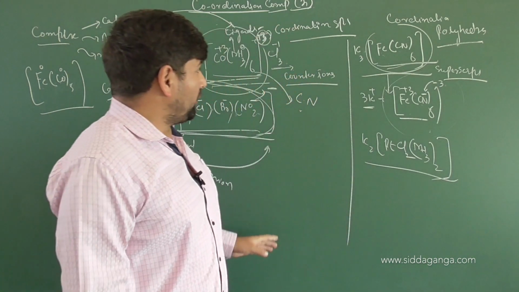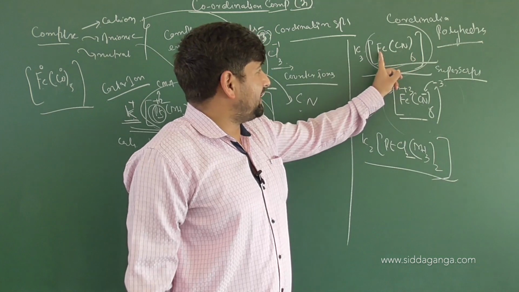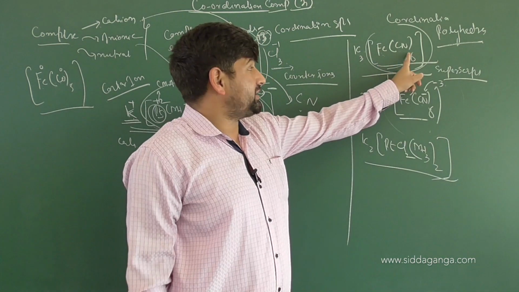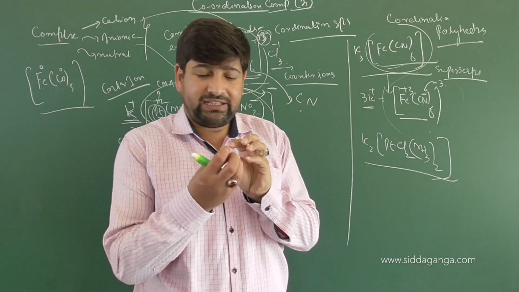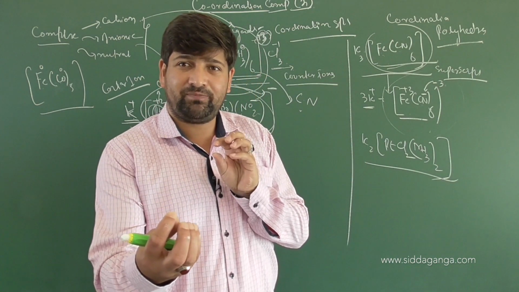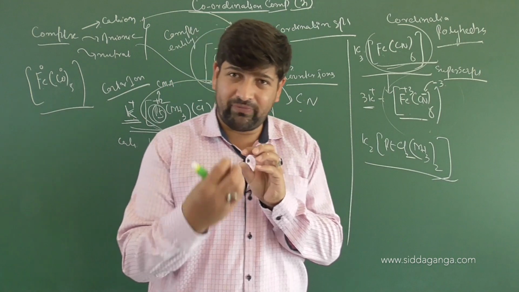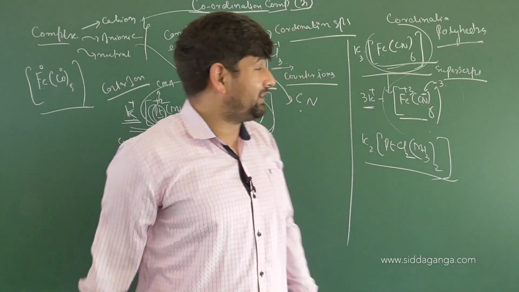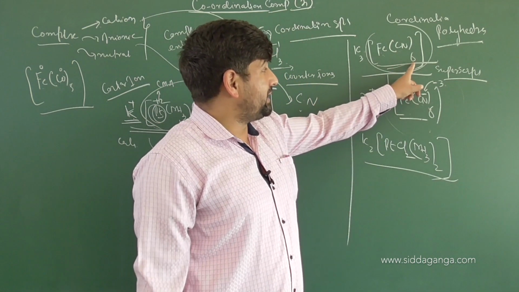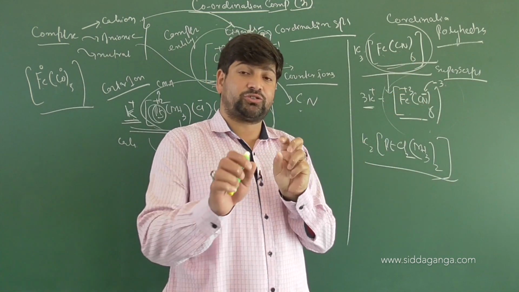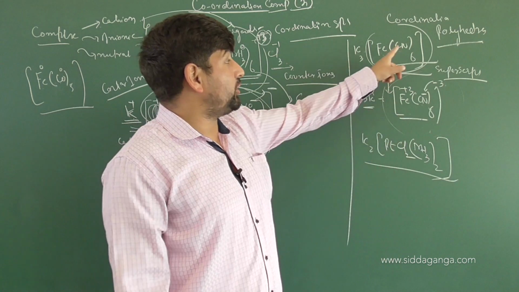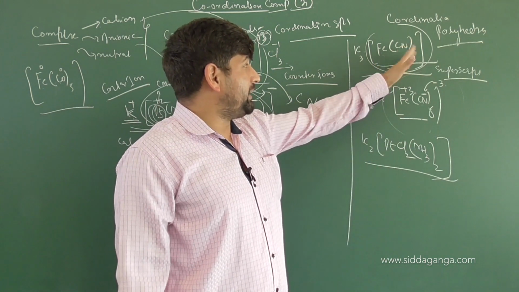And if you want to understand how many ligands are attached to it, 6. So this is the coordination number. Coordination number means the total number of atoms directly linked to the central metal atom. So that's the coordination number for us here. And in each coordination, the number of electrons donated will be 2, because there is a coordinate bond made. So this won't be breaking apart at all.